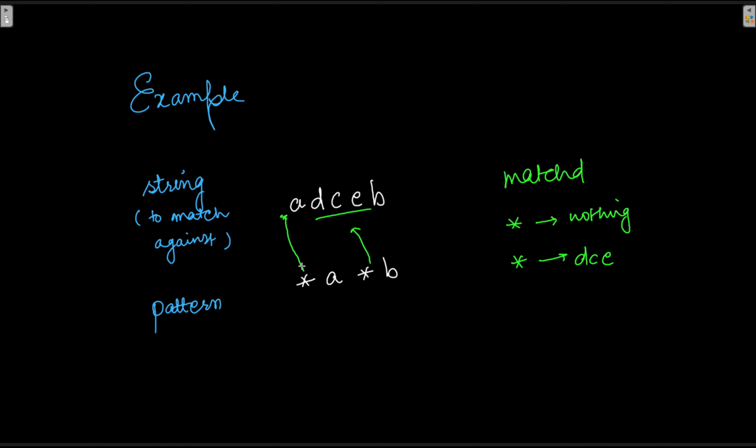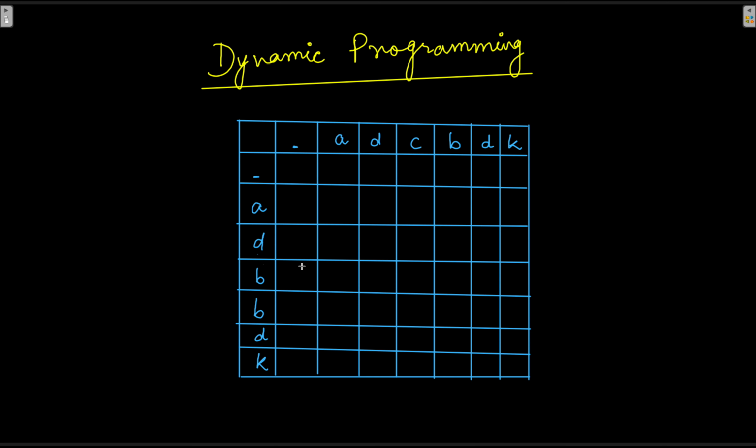So in the case of dynamic programming, what we do is essentially break the problem into several smaller parts and then see if there is a possibility of a common solution there. So on top of one solution, another solution builds up, and then finally, we reach our final solution. In order to understand the dynamic programming approach for this problem, let's take an example. In the very first example, I haven't taken any special characters. These are just simple characters that we are going to test against each other.